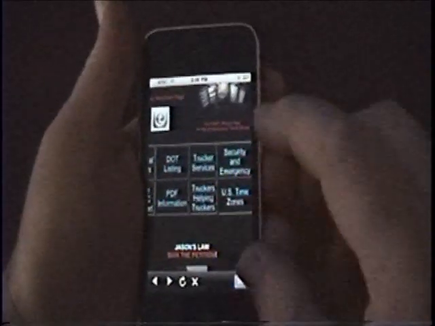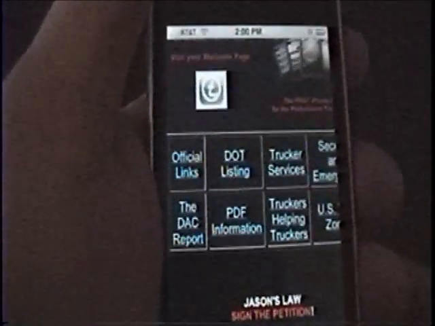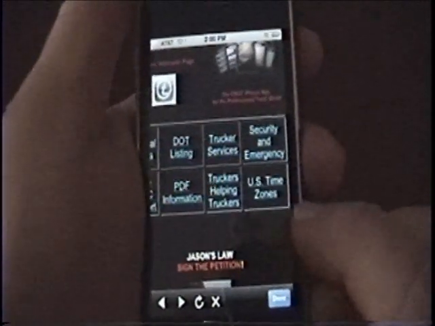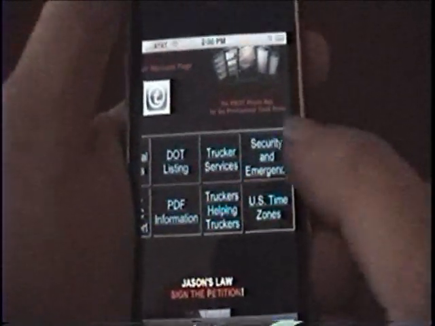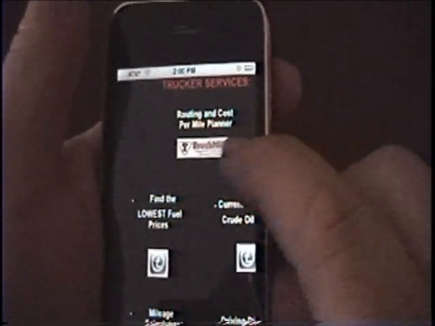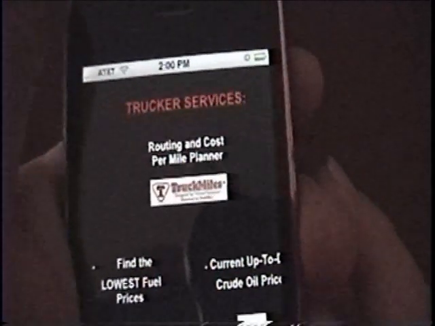But the heart of the application is the Truck Drivers Resource page with all our various categories that we put here for you. So for this demo, let's just click on Trucker Services, and this will take us down to the Trucker Services section. Just a ton of information here. Find the lowest fuel,